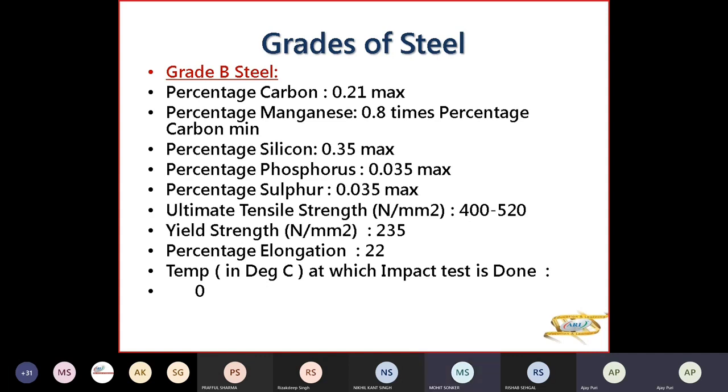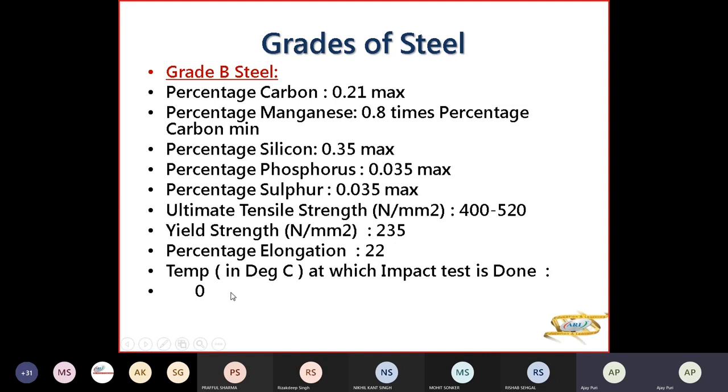सर तो हम स्ट्रॉन्ग के लिए कार्बन कम रखेंगे। ये आपको सिर्फ रट्टा मारने की जरूरत नहीं, दिमाग में रखो कार्बन ज्यादा होगा तो वो हार्ड होगा लेकिन ब्रिटल हो जाएगा, टूट जाएगा, इसलिए हम कम करते हैं। मैंगनीज इसमें 0.8% है, मैंगनीज टफनेस देने के लिए होता है, तो 0.8 इंटू 0.21% हो जाएगा। सिलिकॉन वही है 0.35, phosphorus 0.035, sulfur 0.035, UTS 400 to 520, yield strength 235, percentage elongation 22। अब इसमें impact test is done at 0